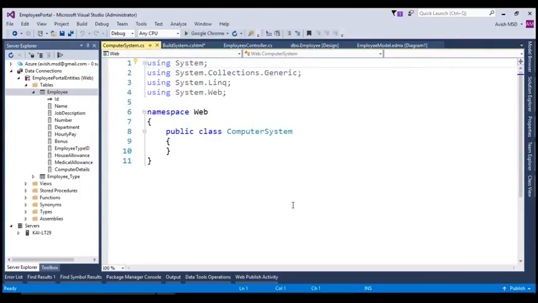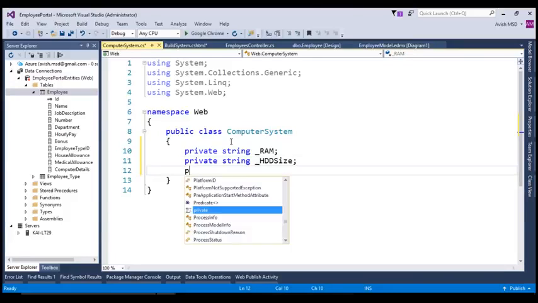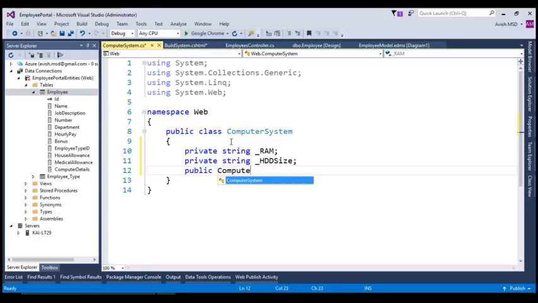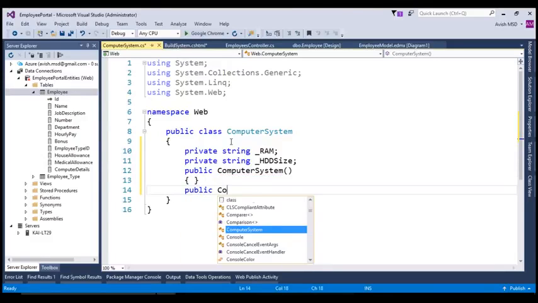We are calling this class ComputerSystem since we are going to configure the details of the computer system. Let's add some properties, which would be private string, and name this property _RAM. Private string _HDDSize as another property to capture the hard disk drive size which is chosen. And let's create a public constructor, as well as another constructor which accepts the parameters